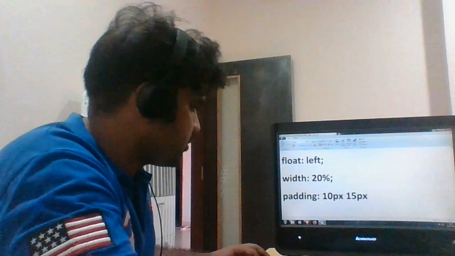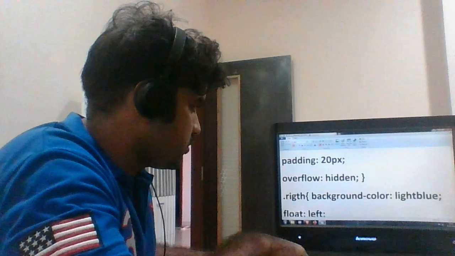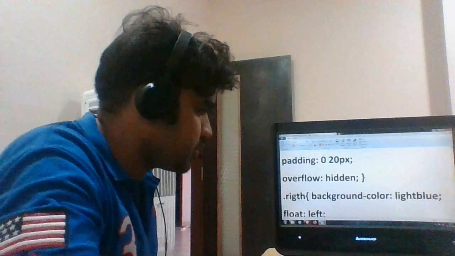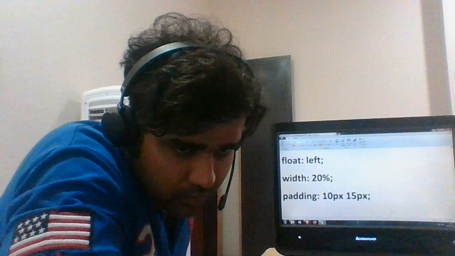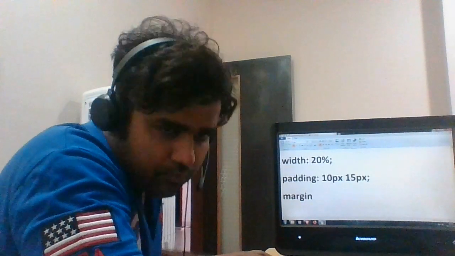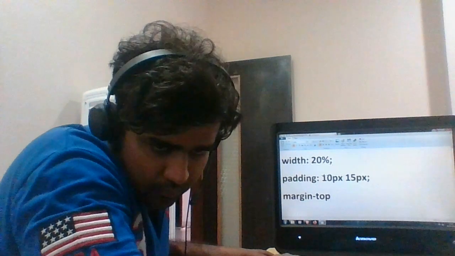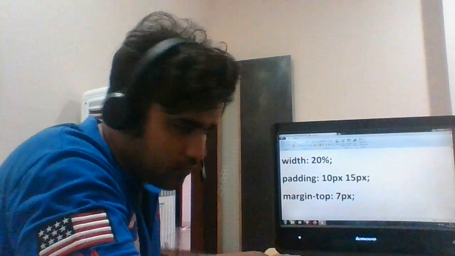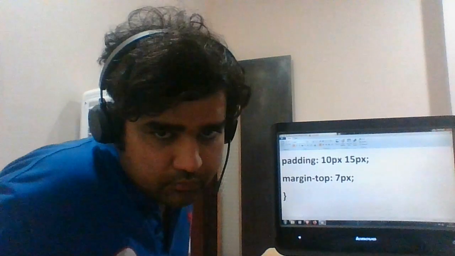Okay, it's a range, so let me define the range in the previous one as well. 20 space 0 space 20, then the margin top 7 pixel, and then